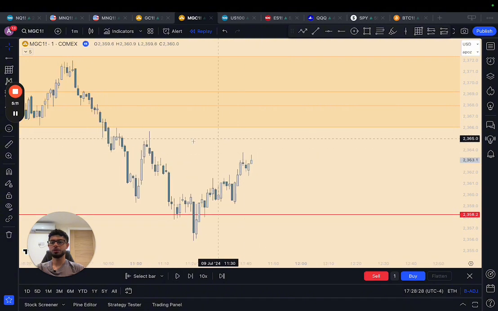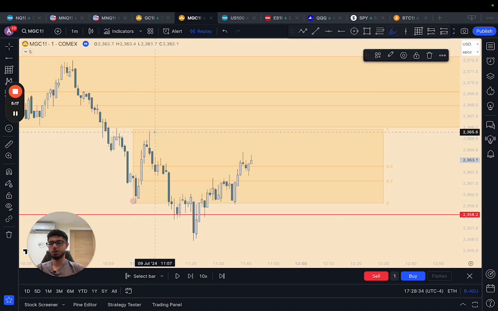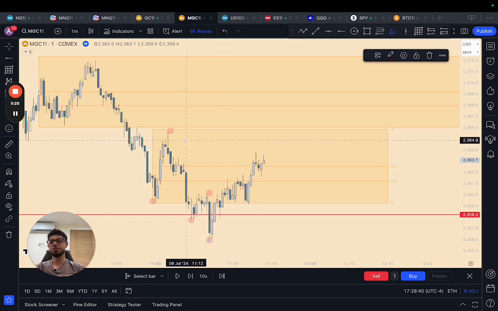Okay, now you have 2 zones here, right? Because we have a zone here, and we could say that is our 1, 2, 3, 4, 5. We look for a sweep and then we get a valid high. We never got a valid high in this zone, but if this zone breaks, is this higher time frame zone still valid? Yes,